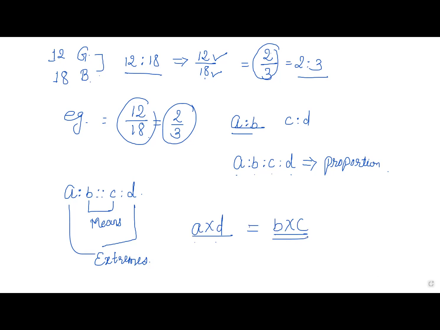Now, if we take some simple examples to solve each and every problem, suppose I have the example 5 by 3 is equal to x by 6. How to solve this? How to find out the value of x? Here we are using the side to side formula. Okay, how? So look at this. What is the difference between 3 and 6? Or we can say that this 6 is a multiple of 3. 3 into 2 is 6.